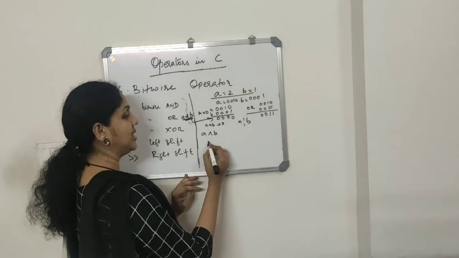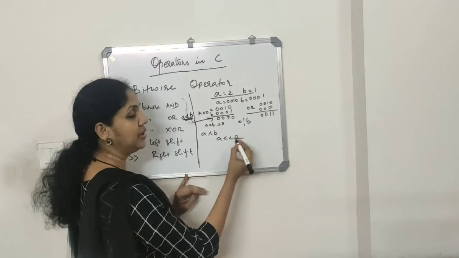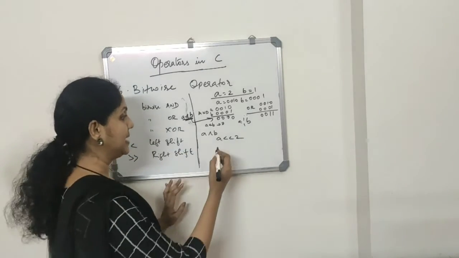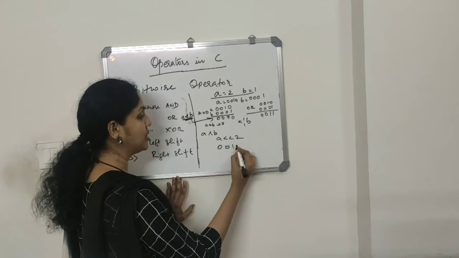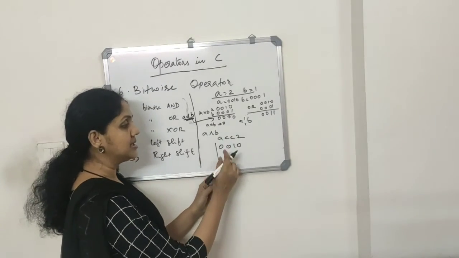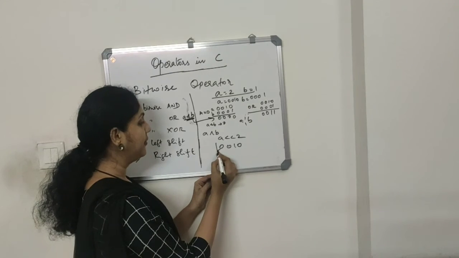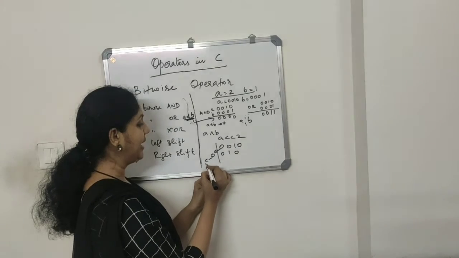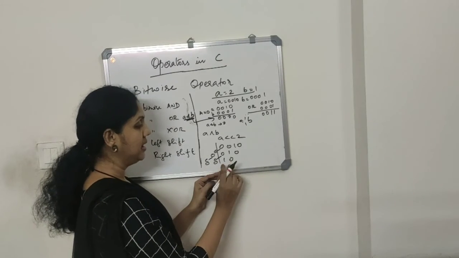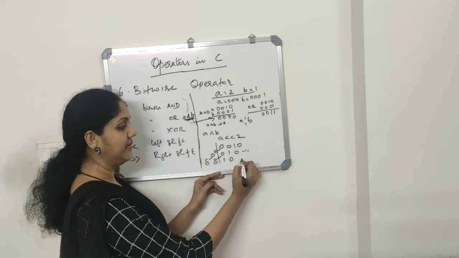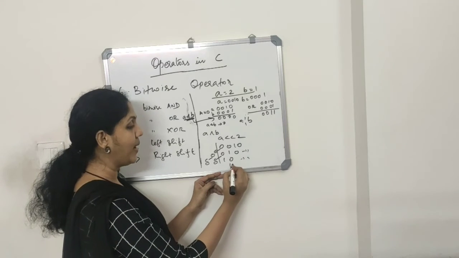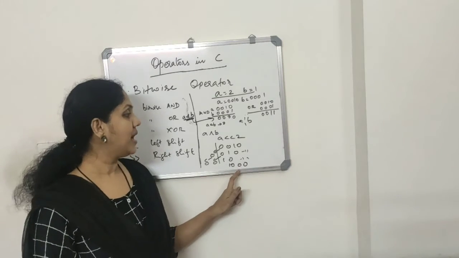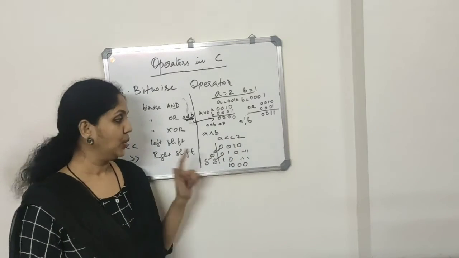Now what is left shift and right shift? A left shift 2, what will happen? It will shift 2 bits to the left side. We know that the value of A is 0010. So what does the left shift operator do? First it will shift 1 time and then it will shift again 1 bit to the left. So 2 shifts. This is after 1 shift, this is after 2 shifts. So the output is 1 0 and the remaining 2 places will be filled with 0. This is the output of A left shift 2.